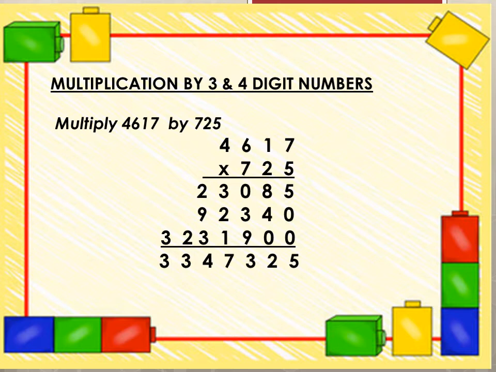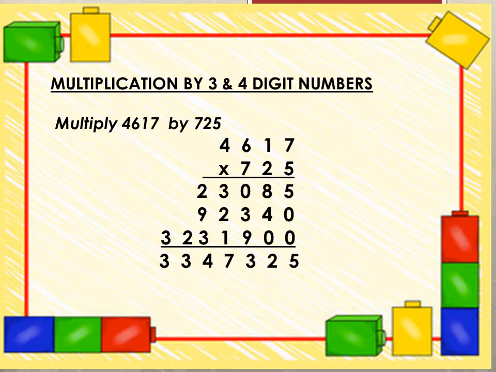Now in the second step we will multiply by 2, that is the tens place digit in the multiplier. Again the same process will be followed, but before that the ones place has to be blocked, as we are multiplying by a tens place digit. So under the 5 we will place a 0 and then start multiplication by 2 of all digits present in the multiplicand. Here we get 2 sevens are 14, 1 will be carried, 2 ones are 2 plus 1, 3, 2 sixes are 12, 2 and 1 will be carried, 2 fours are 8 and 1, 9.